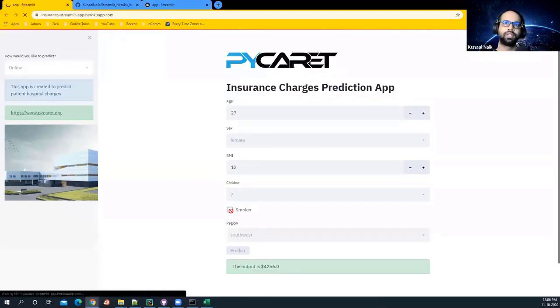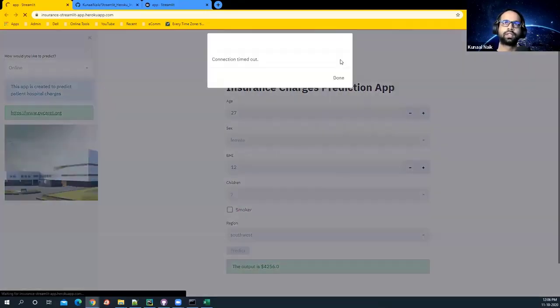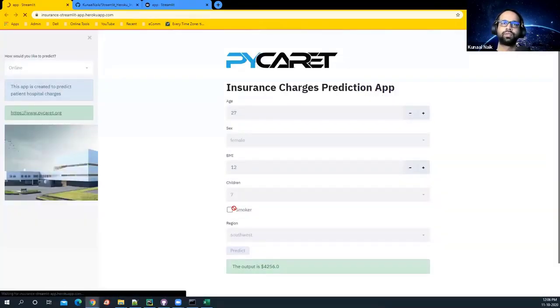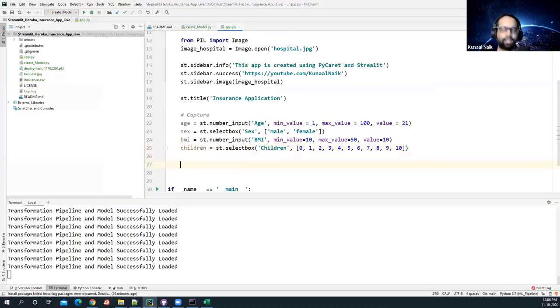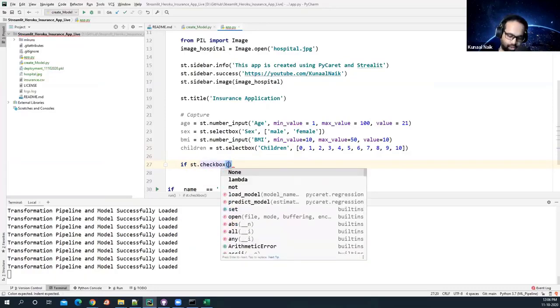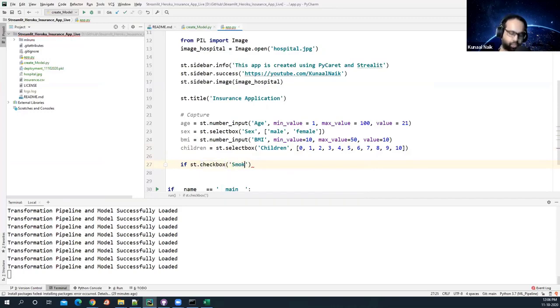But within the app, you also see that we have this smoker, non-smoker part of it, right? So you want this element, and let's see how we can get that element also, right? To be able to get that, we're going to be using a checkbox, and this is the code that we'll be looking at, right? So it will be something like if st.checkbox, and we're going to call this smoker checkbox,